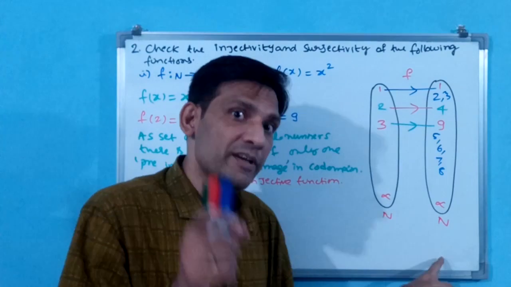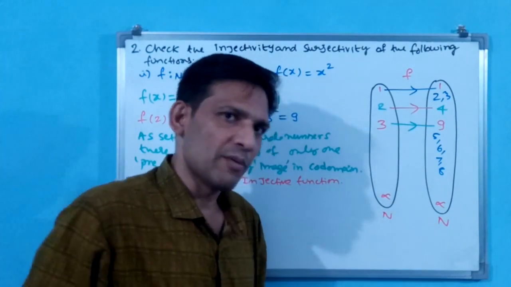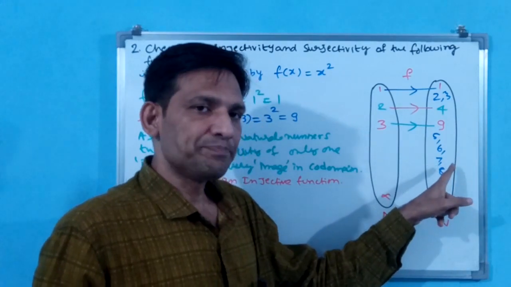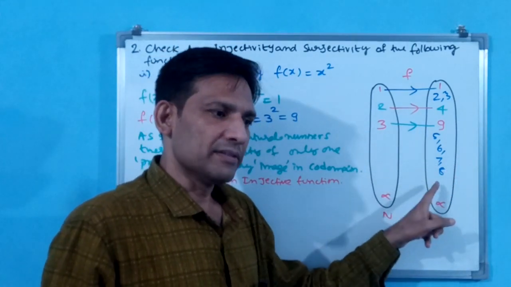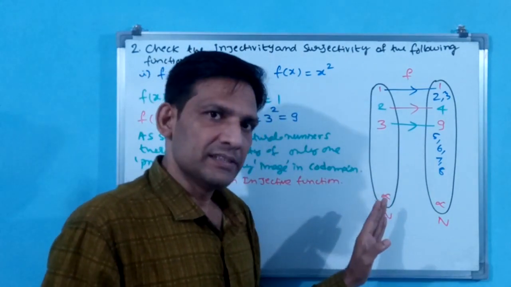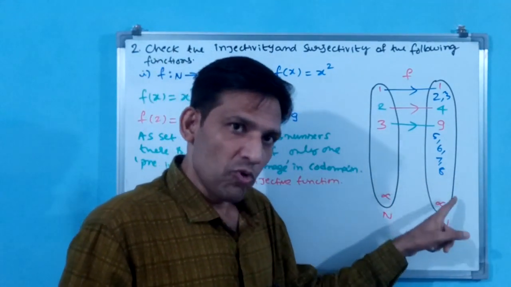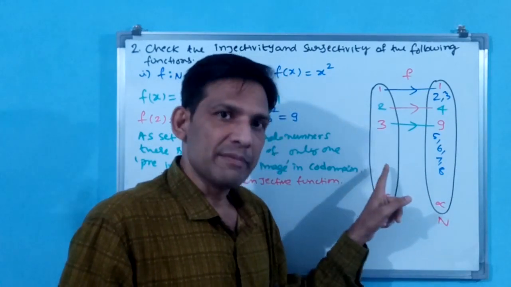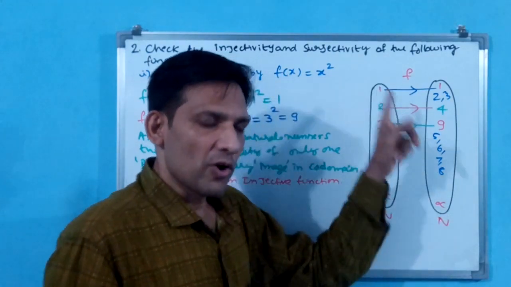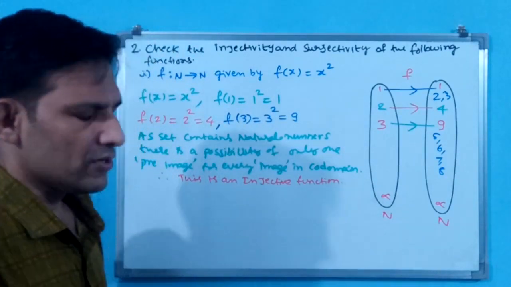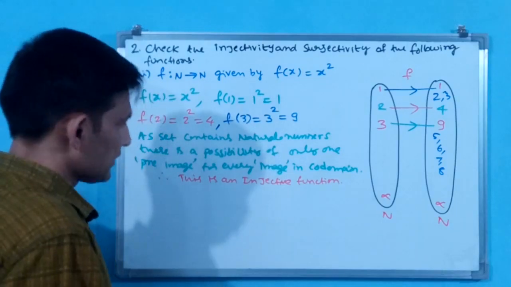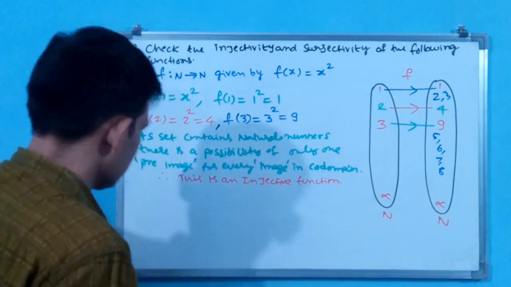That is why, if elements are left in codomain and range is not equal to codomain, then that function is going to be called non-surjective. See, whatever I am talking about, this is in a function. In a function, if elements in codomain don't find any pre-image, then that function is going to be called non-surjective or not onto. We write that. Okay, how? Some explanation also we have to give.